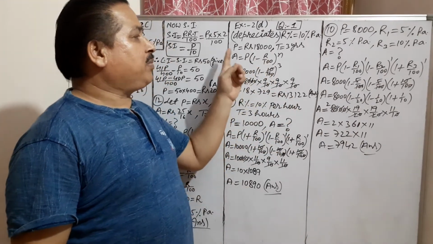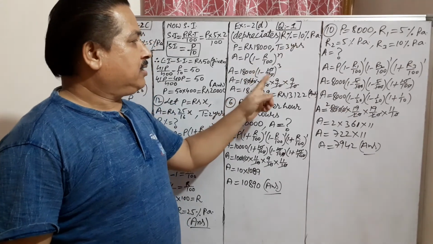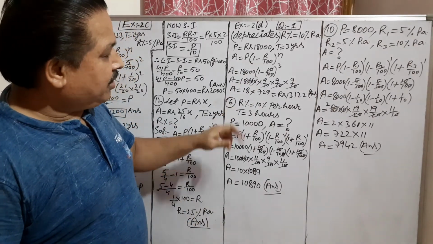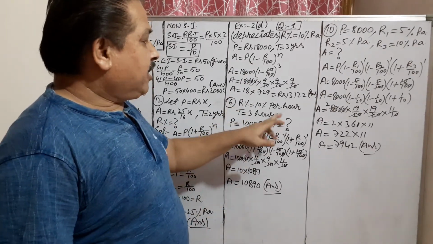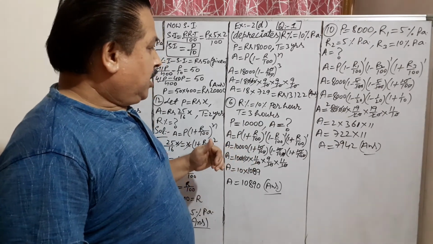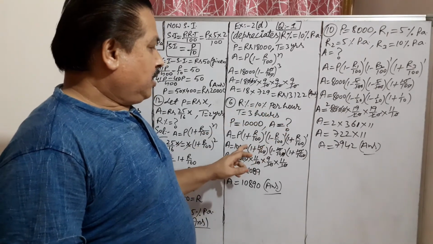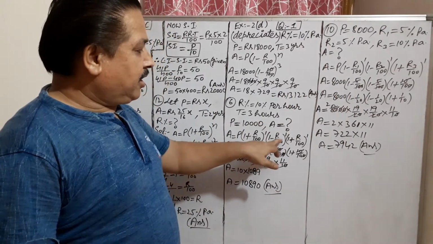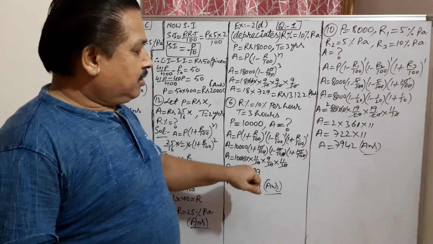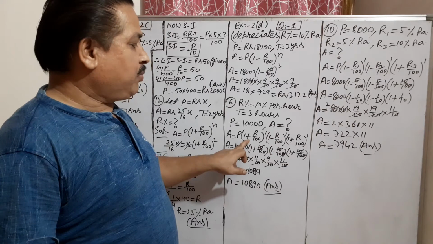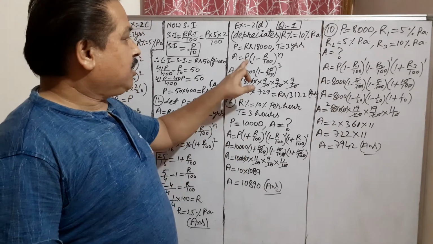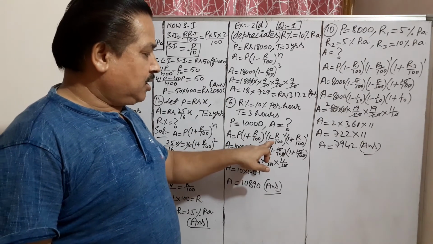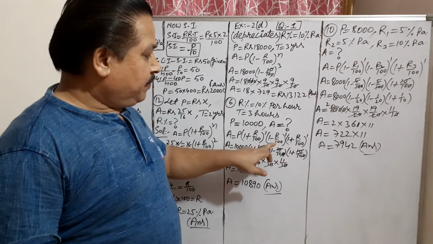If machine cost is depreciating every year by 10%, you have to take the minus formula for depreciation. Now see the sixth question. Bacteria are increasing 10% in the first hour, and in the next hour, the second hour, bacteria are decreasing by the same rate. For decreasing you have to take the minus formula, for increasing you have to take the plus formula. The formula remains the same, A equals P(1 + R/100). For increasing plus, for decreasing, in the next hour the bacteria numbers are decreasing, so minus.